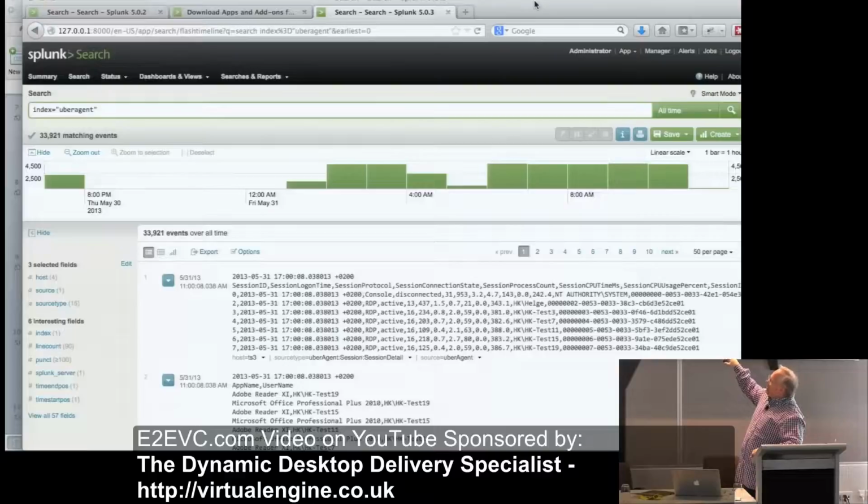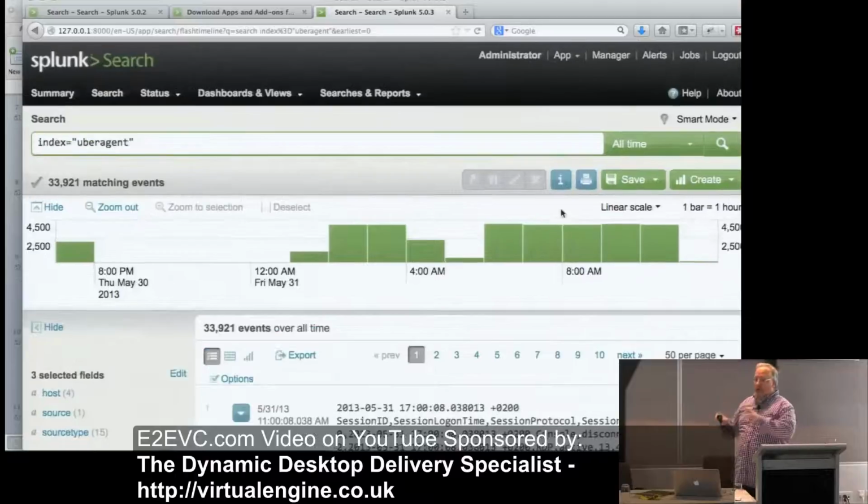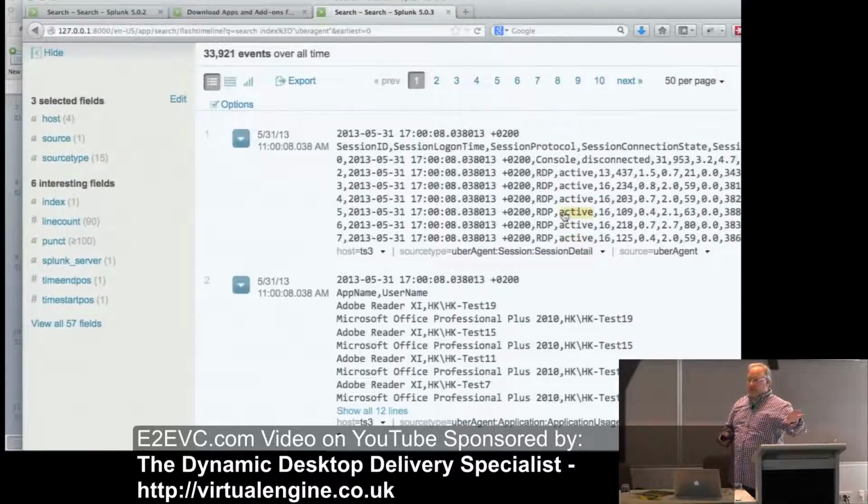Anyway, so these are the fields that it said, you know what, these are fields that we see a lot in the data. And all of these fields were extracted when I did the search. This isn't stored in an index, and it didn't know these. When I pressed go on the search is when it found these. Does that make sense? Everyone understand that? It's important later on when we do this.